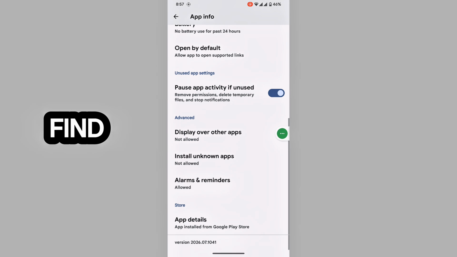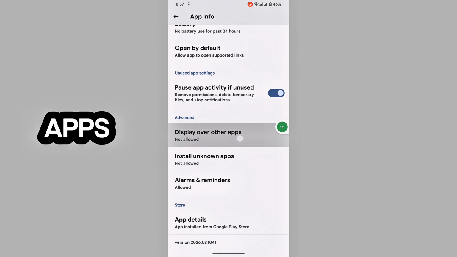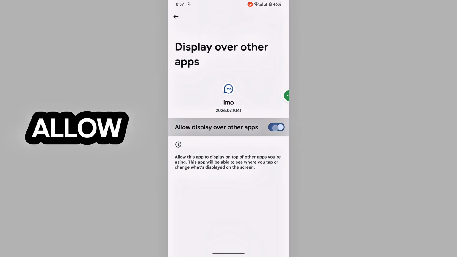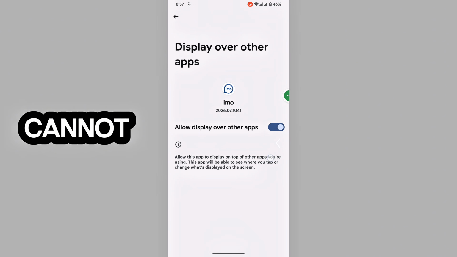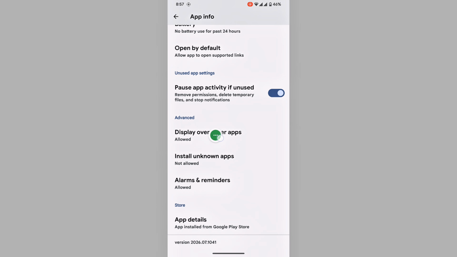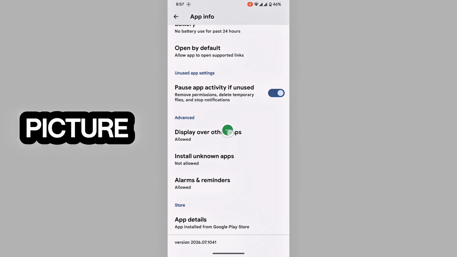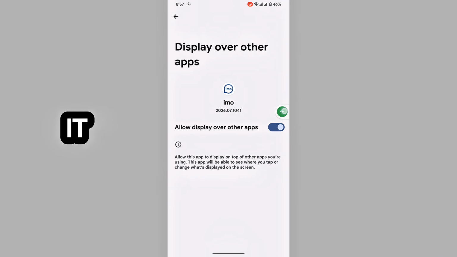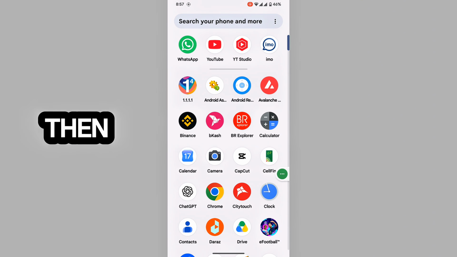Scroll down, then find display over other apps, tap on it, allow it. If you cannot find display over other apps, you can also find picture in picture. Click on it, then allow picture in picture, then open your